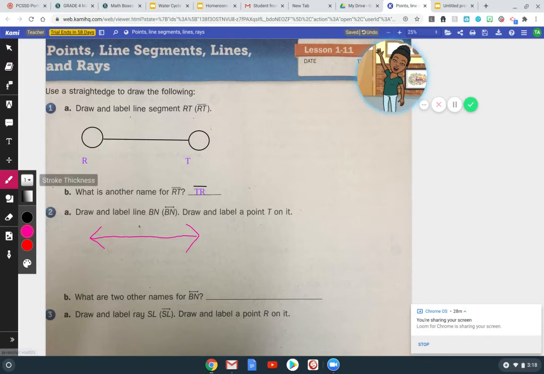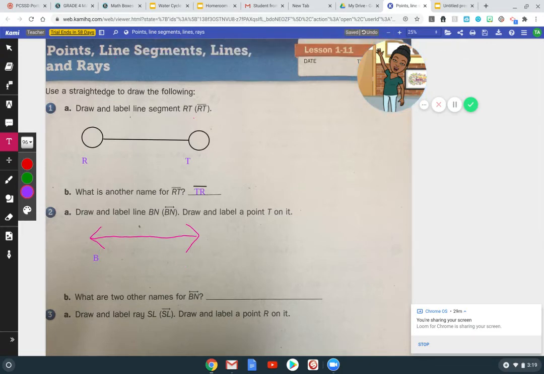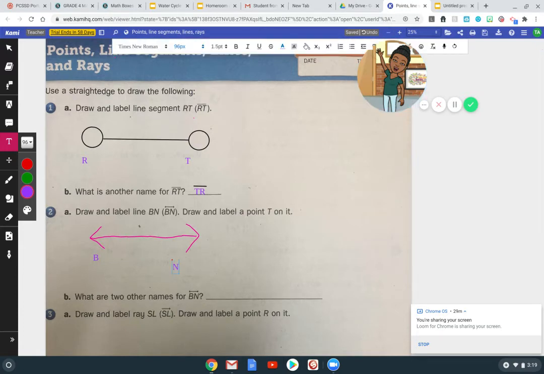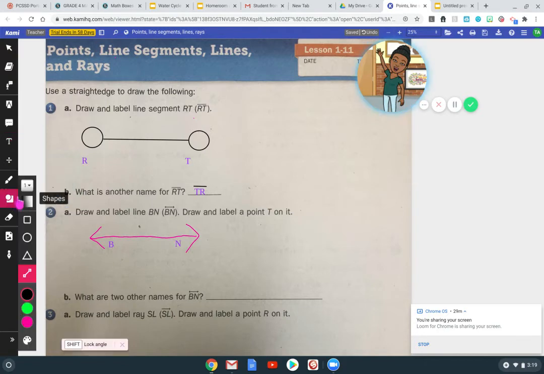Now I have to label this line. Using my text box, I'm going to type the capital letter B. Remember, our letters are capital letter N. Moving it up just a little. So here on my line that goes on and on, so here is my line. I need to label BN. So I am going to insert a shape that lets me know there is point B, there's point N,